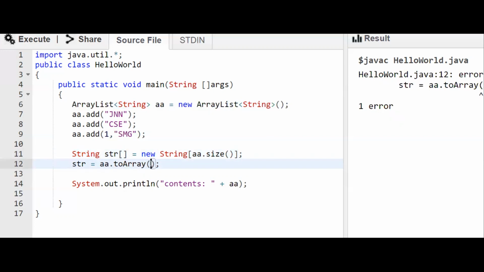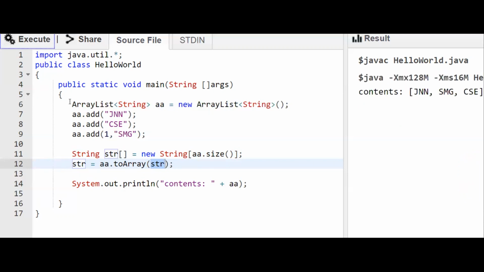Then we must pass that string array also as a parameter, so that it knows where it must get stored. So aa dot toArray, this array also we must pass as a parameter. Then that array we can pass.